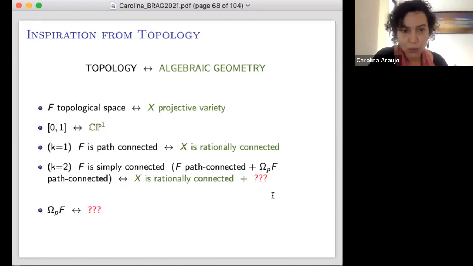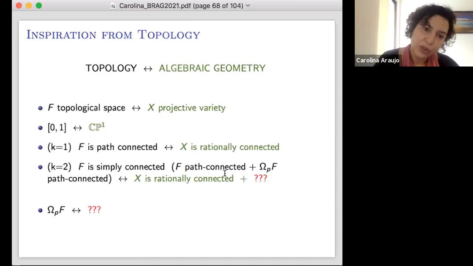So first of all, how do we translate the loop space? In topology, if you fix a point and you look at the loop space at that point, the first thing that we did is we gave a topology to this set. So we gave the compact open topology to this loop space. Now, what about in algebraic geometry? So of course here, what we could do is,